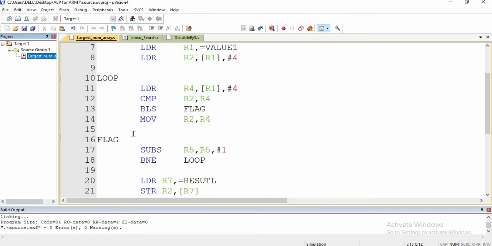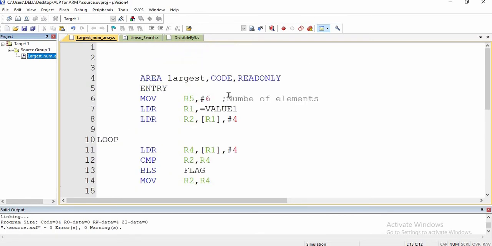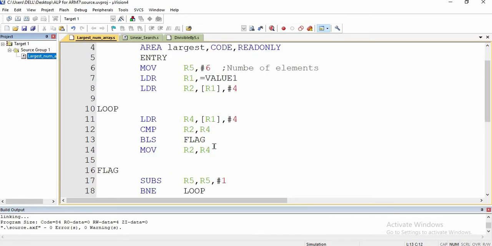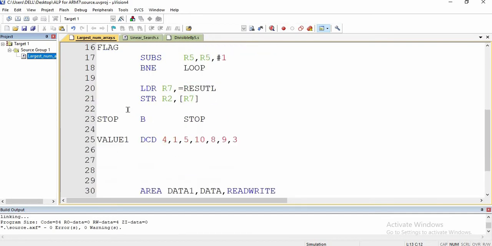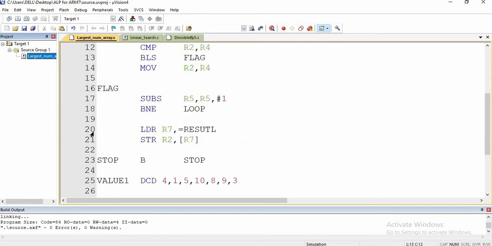So you might have seen in the previous video, our final highest number will be in R2. Now we will get the lowest number in R2 for this program. So I'm going to start the debug session.